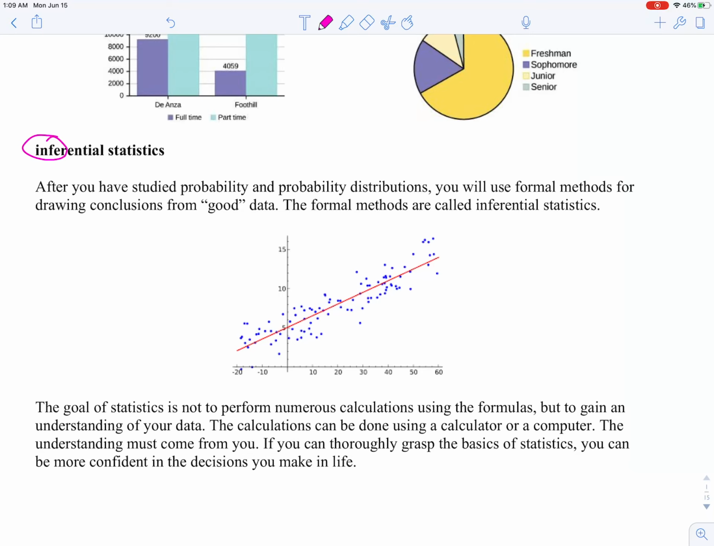The goal of statistics is not to perform numerous calculations using the formulas, but to gain an understanding of your data. That's important, to understand the data. The calculations can be done using a calculator or computer. The understanding must come from you. And a big part of that understanding is you knowing these definitions and being able to apply these definitions. If you can thoroughly grasp the basics of statistics, you can be more confident in the decisions you make in